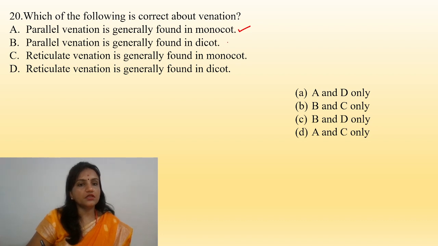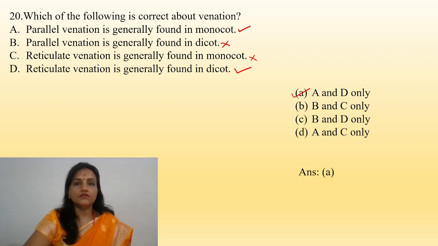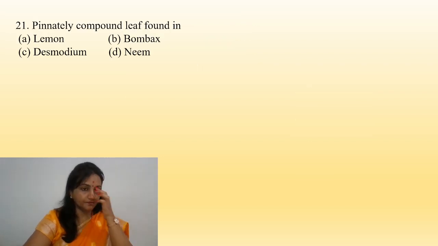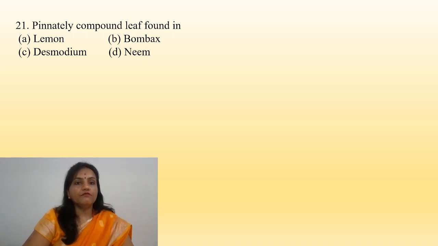Parallel venation is generally found in dicot, wrong. Reticulate venation is generally found in monocot, wrong. Reticulate venation is generally found in dicot, correct. So A and D are correct. So option A is the right one for this. Okay. Pinnately compound leaf found in,